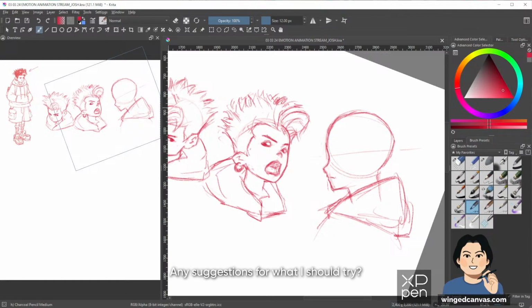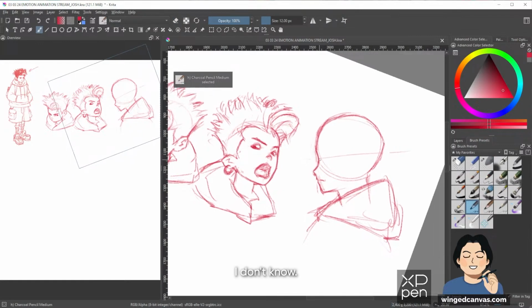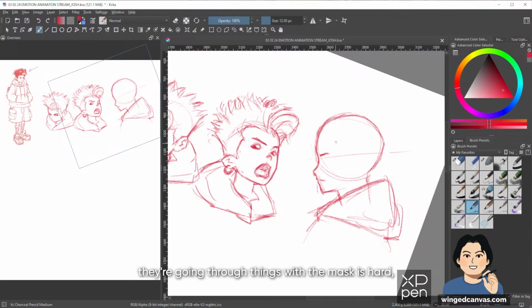Any suggestions for what I should try? Oh, with the face? Let's do, I don't know, maybe your character is looking, like, searching. I don't know if that makes any sense. But you know, they're going through things. With the mask is hard.